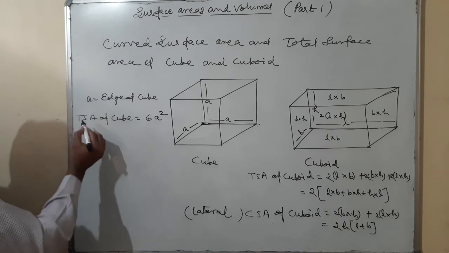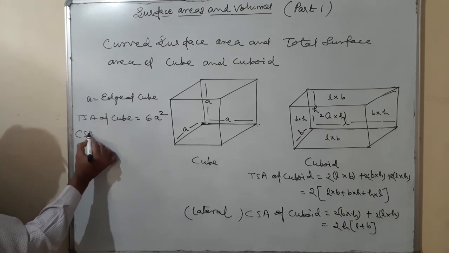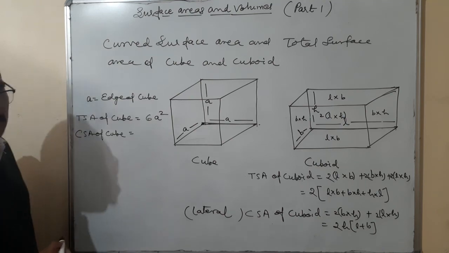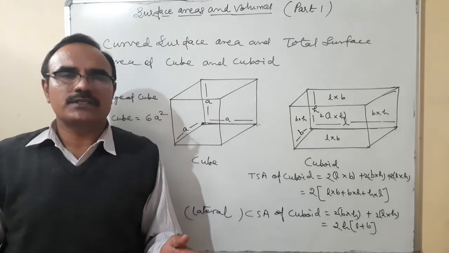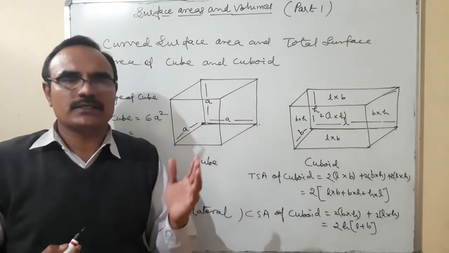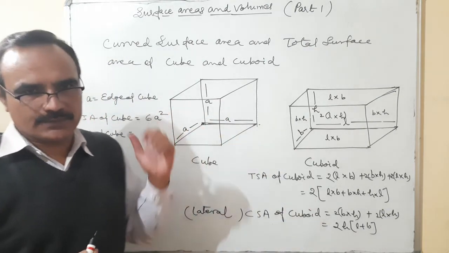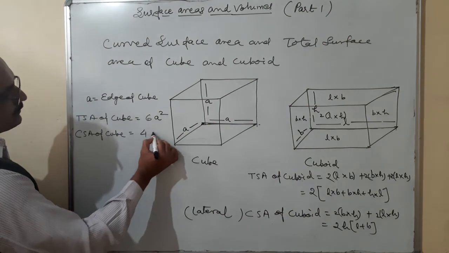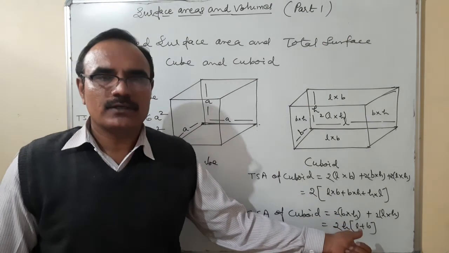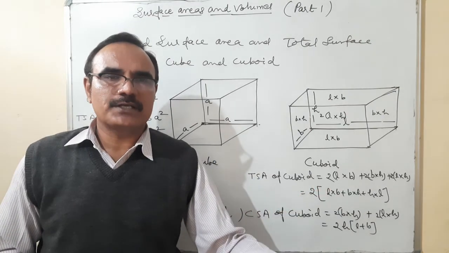Okay. Curved surface area, CSA of cube. When we are talking about the CSA, we are talking about only 4 walls. 1, 2, 3, 4, 4 squares, A square plus A square plus A square plus A square, 4A square. Okay. Because these are areas, their unit is always in the form of centimeter square or meter